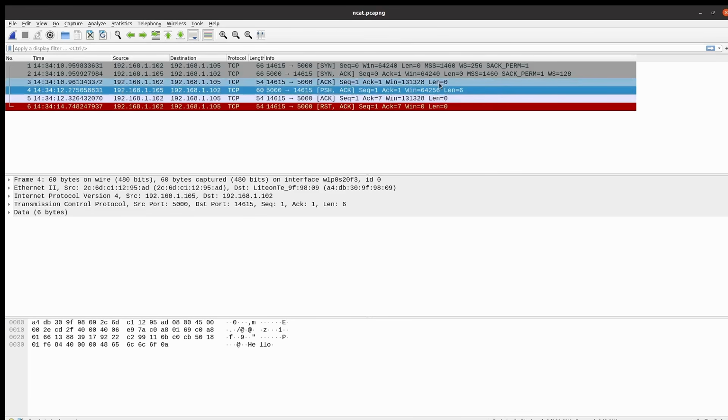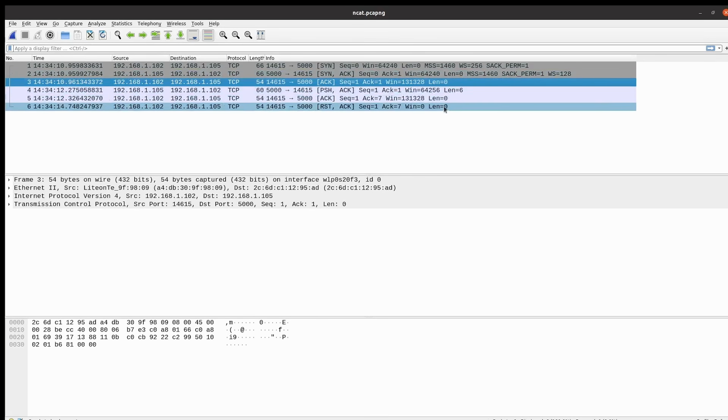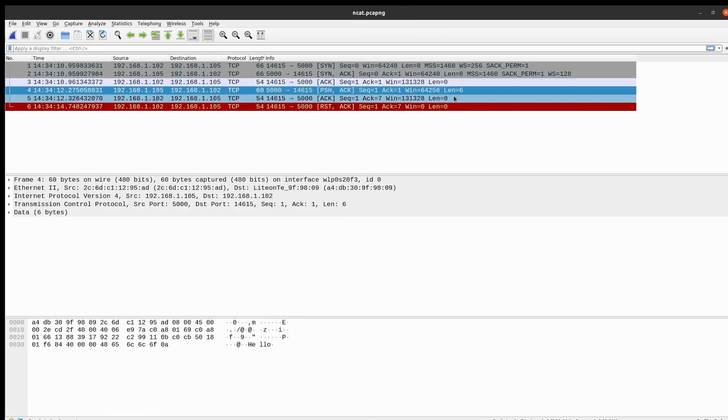length of 6. So you can see that these other ones have a length of 0, but this has a length of 6. That's because I typed in hello and then pressed enter. So HELLO is 5, and then 1 for enter, 6 characters. So that's 6 bytes,